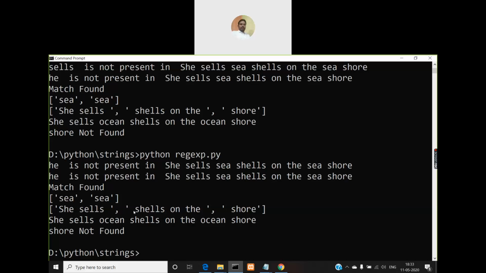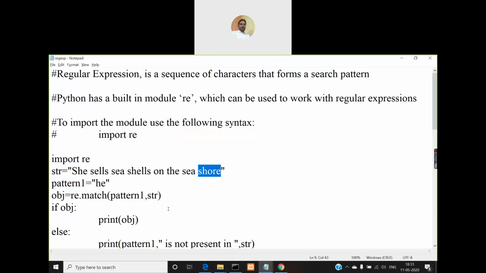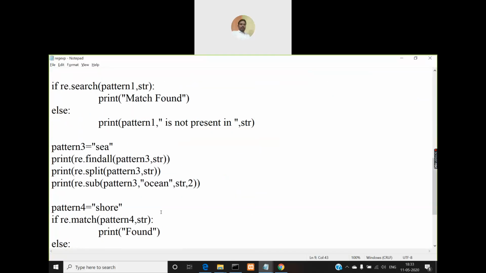And after "sea", you have a space, so that space is included. "shells on the", again you have "seashore". So "seashore" begins with the word "sea", so there it is split again into another part. So totally you have 3 items in the list returned by this split function. I hope you understood the split function, right?